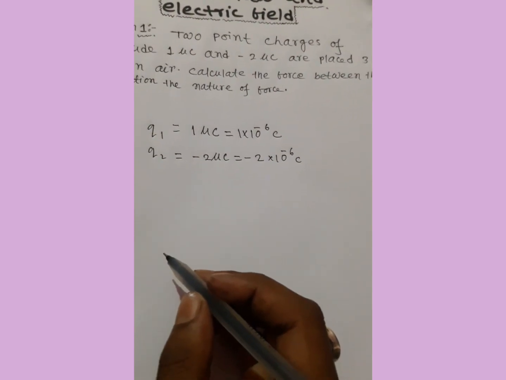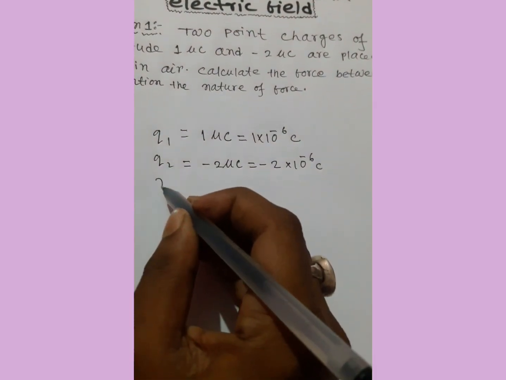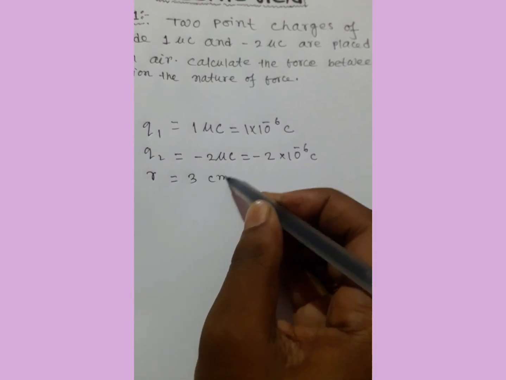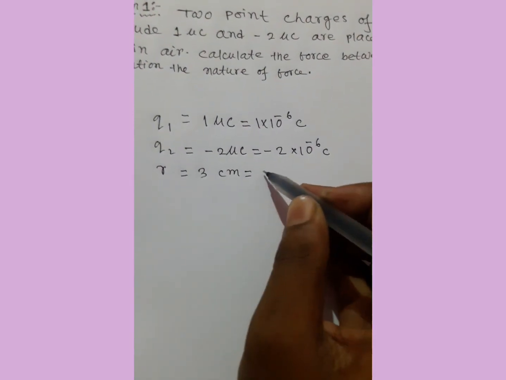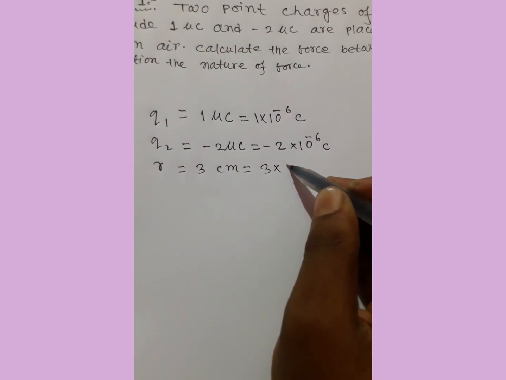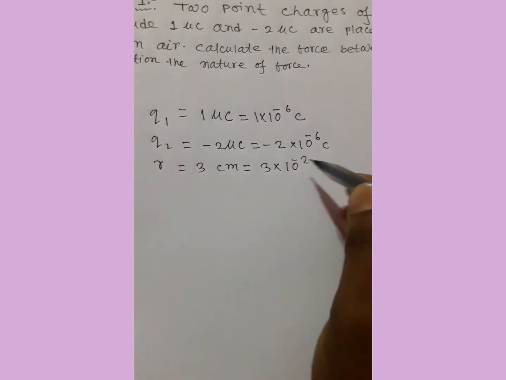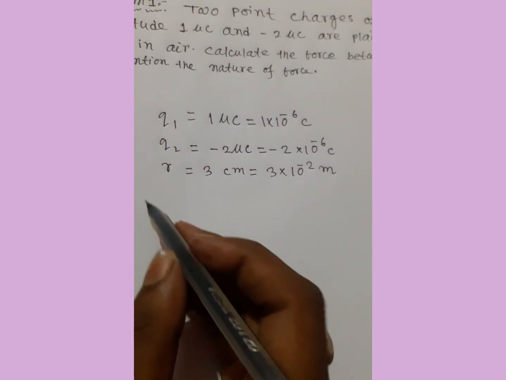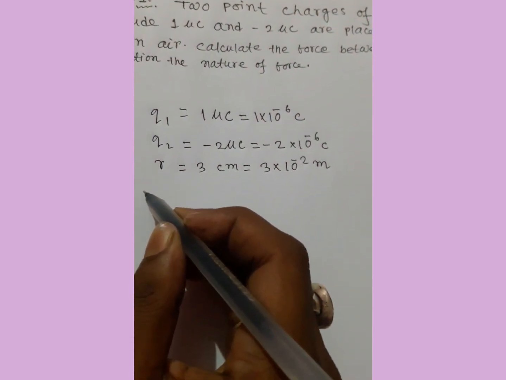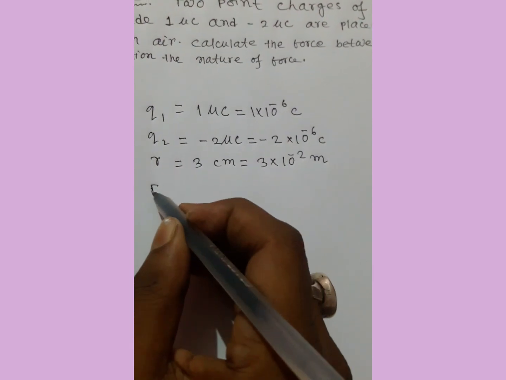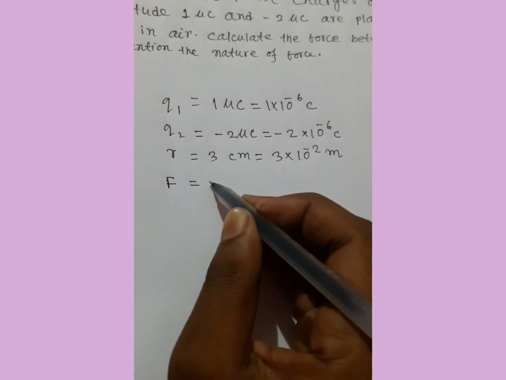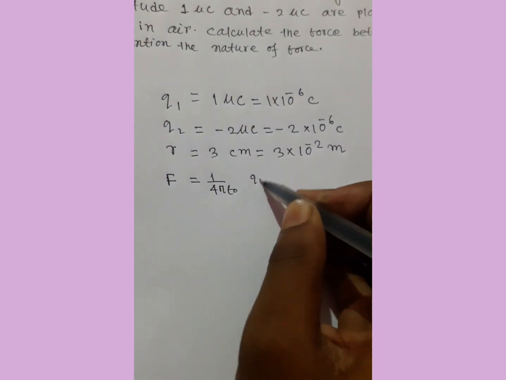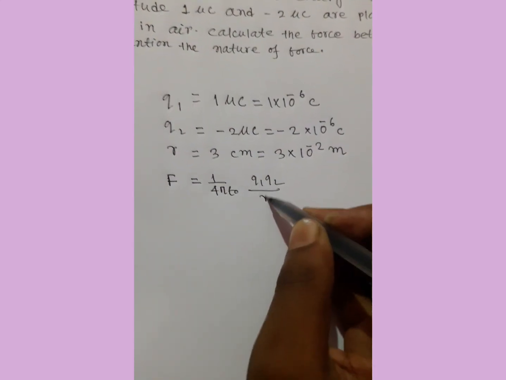The distance between the two charges is 3 centimeter equal to 3 into 10 to the power minus 2 meter. Now, according to Coulomb's law, the force is given by the formula F equal to 1 by 4 pi epsilon naught Q1 Q2 by R square